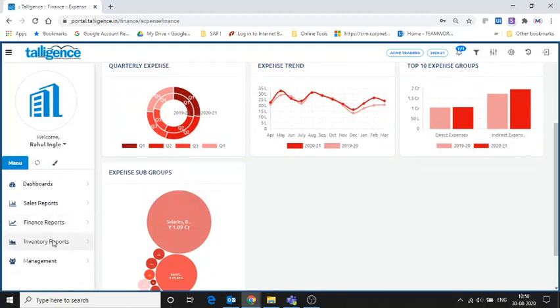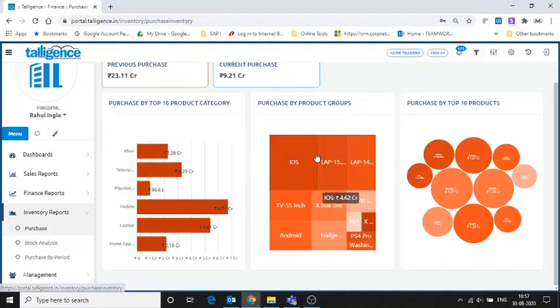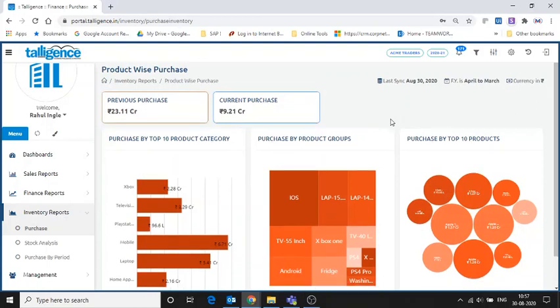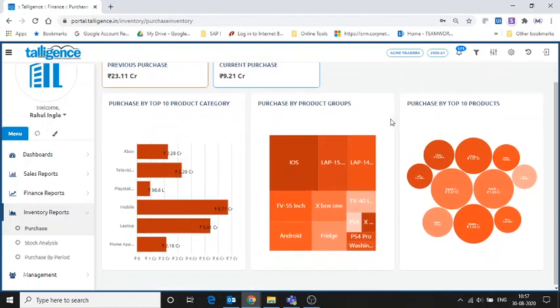Let's move on to the inventory reports. There are three types of report: purchase report, stock report, and purchase by period report. This is your purchase by top 10 product category, purchase by product group, purchase by top 10 products.